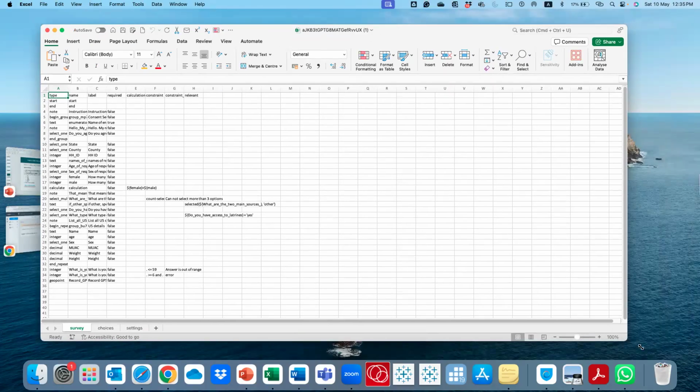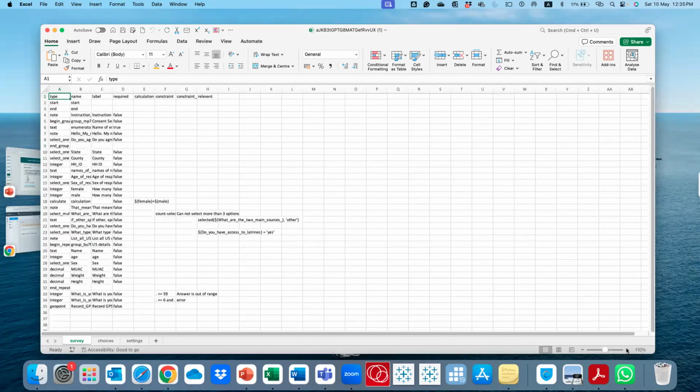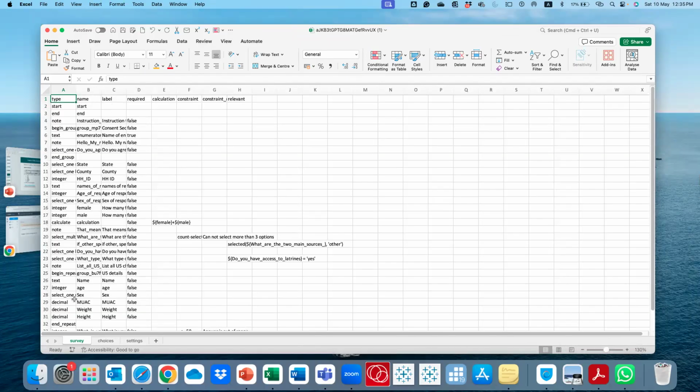So this is the Excel format of the KoBo project. It has three spreadsheets. One is labeled the survey. That means this is some of the things that appear when you're collecting using KoBo Collect.